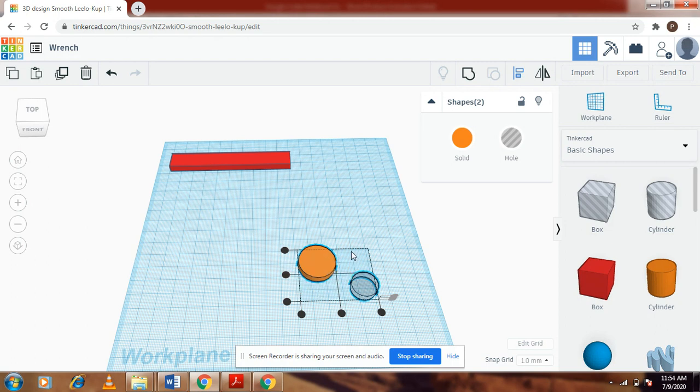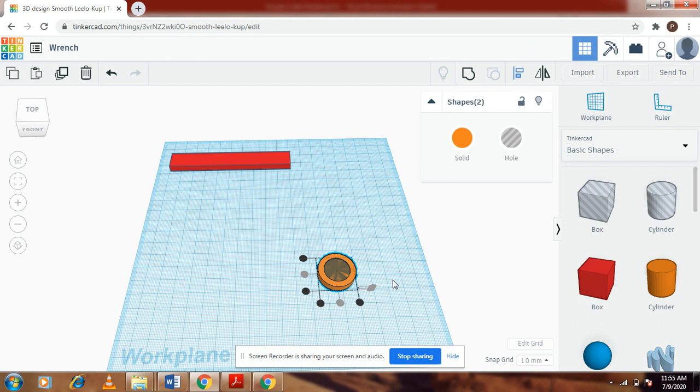So the moment you click on align, you will see these lines and these buttons here. If I click on it, it will bring both the disks in line, and clicking on this will bring my hollow circular disc right in the center of my solid circular disc, which is the way I want it to be subtracted from.